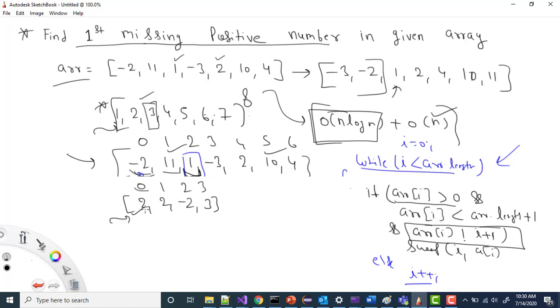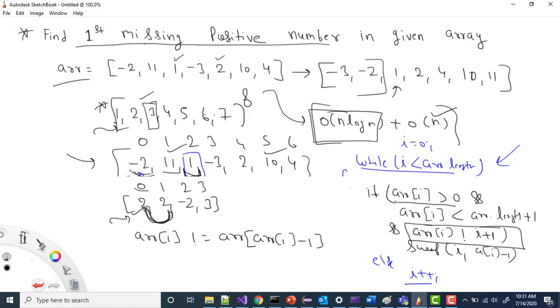So what will happen, this is saying that we should swap this value to here, so this will be array of I minus 1. Now if you swap this value to here, even if I swap the value, it will not make any change, because here also we have 2. So here also we have a duplicate value. So rather than this condition, ideally we should check this condition, that array of I is not equal to array of I minus 1.